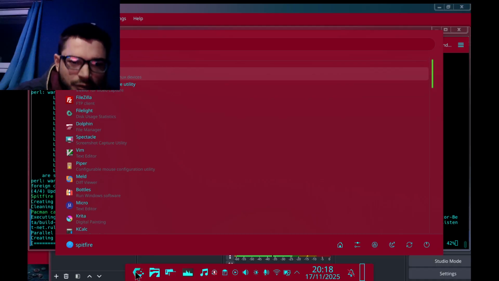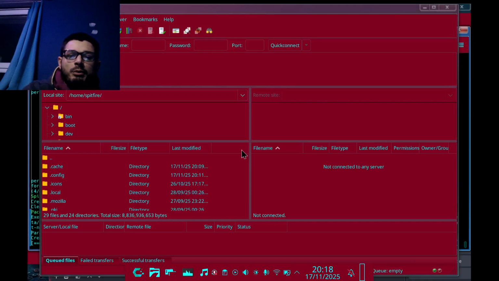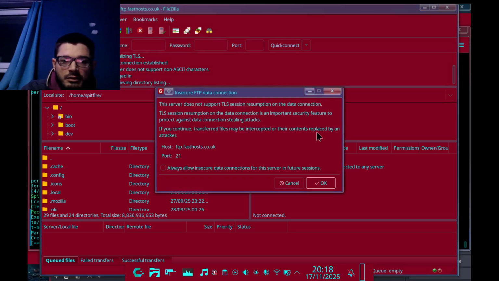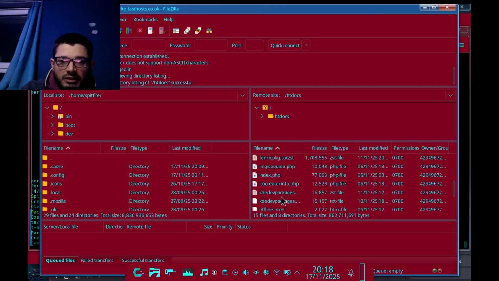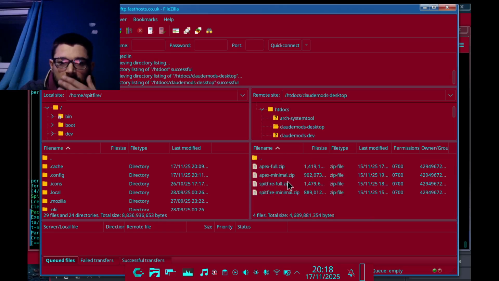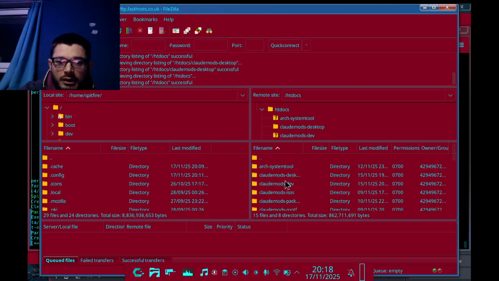I'm not going to be doing a video on FileZilla, but my website has all the files that get downloaded. Essentially I've got my desktop files here, they get downloaded and used. I've got my Arch System talk here, just to keep it a little bit tidy. I'm not really